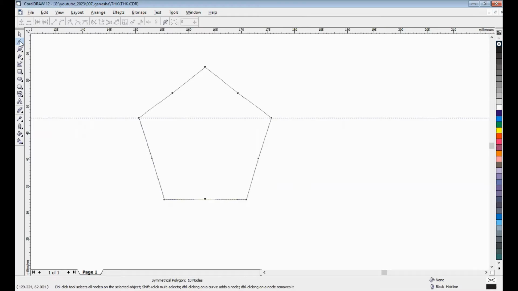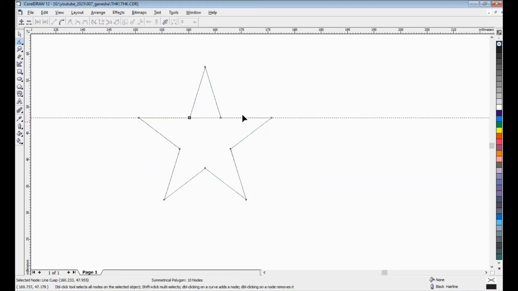I'll take a shape tool and then choose this. Okay, look at this. You can adjust the proportional size. Okay, let's try.